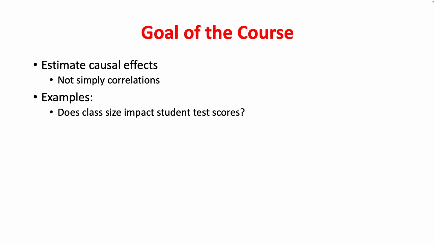But it might just be a correlation, because who's in these large classes? Maybe students who weren't as on top of things and couldn't sign up for the smaller classes, right? You could actually end up with the complete reverse correlation, where it looks like it's a negative impact from being in these,